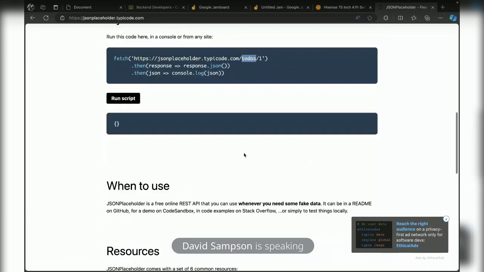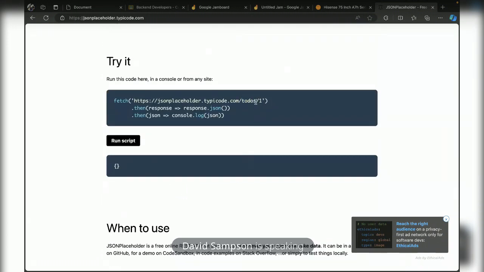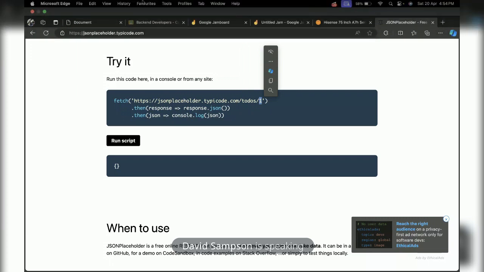So currently, this one is making a request to to-dos. And by adding one here, they are making a request to get the first one, the one with ID number 1. So I can demo that for you.